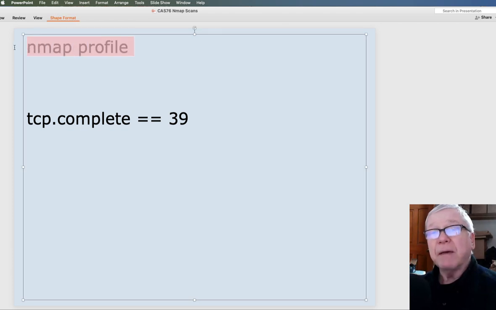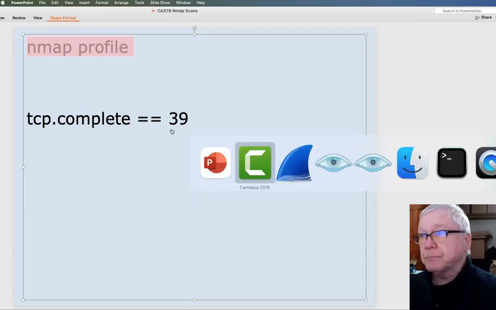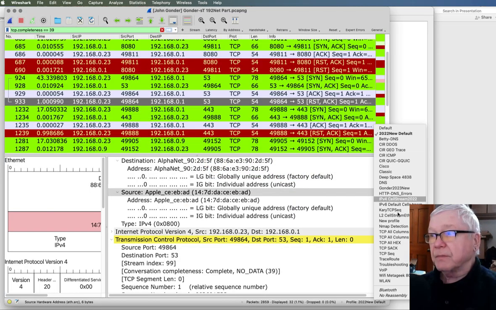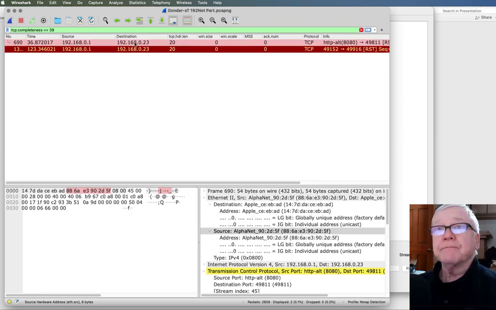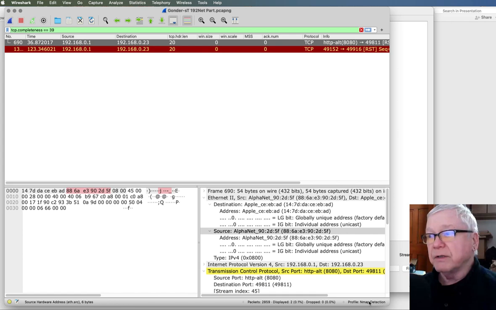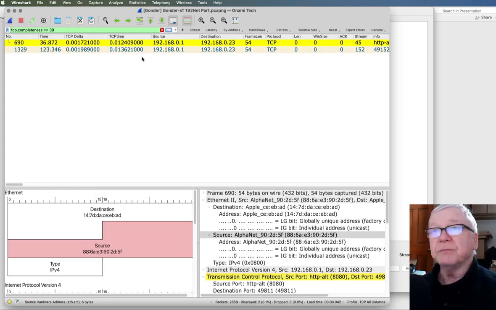Now, there was an Nmap profile in the week 6 lab docs that we didn't actually make use of. One of the reasons was that the Nmap profile itself did not seem particularly useful. It was just kind of a normal group of things, and in actuality, my basic TCP all columns profile is a lot more useful.